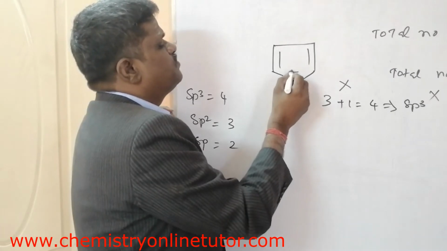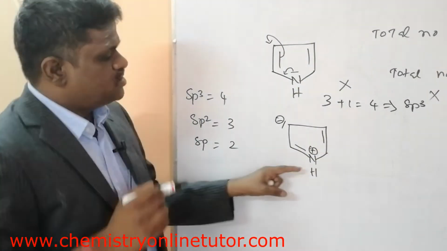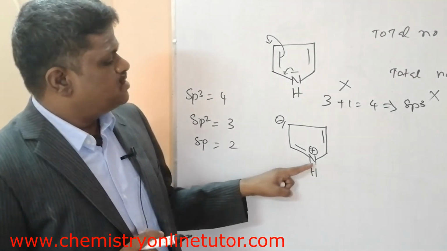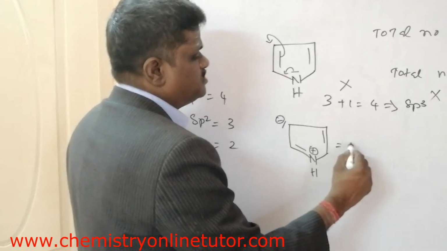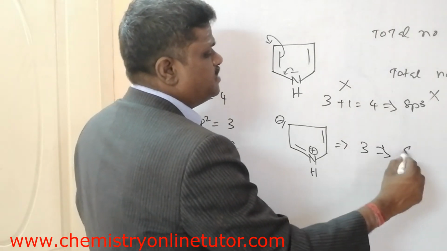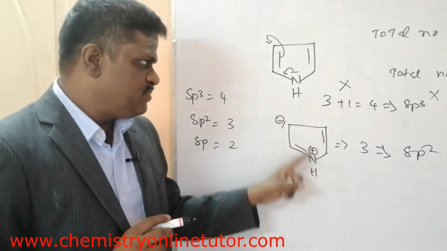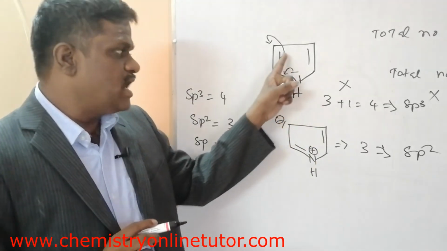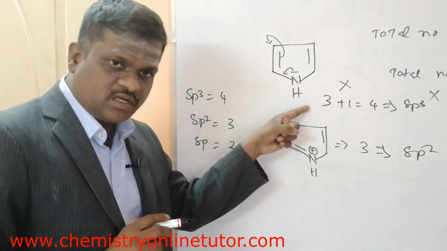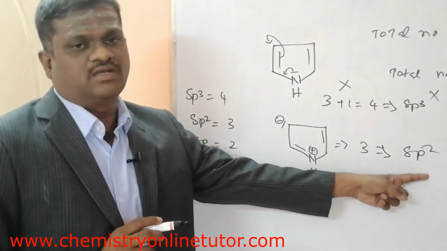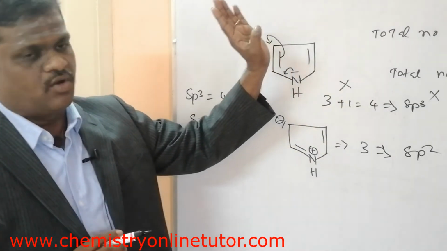Now you see, I made it like this. So that means I will get this one. Now we count it. Nitrogen is connected to 1, 2, 3 atoms. There is no lone pair. That means it gives 3, so it is an sp2 hybridization. Please remember that whenever the lone pair electron is involved in the conjugation, you have to work it out and finally conclude it. Don't go blindly by this way, otherwise it will give the wrong answer.